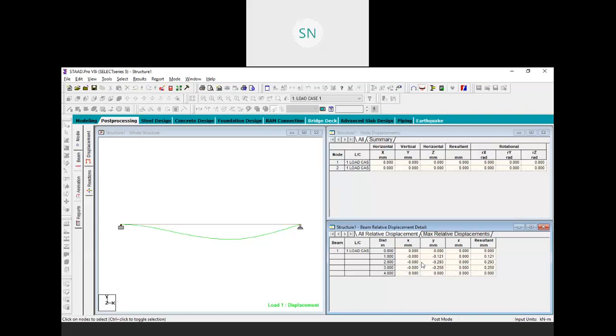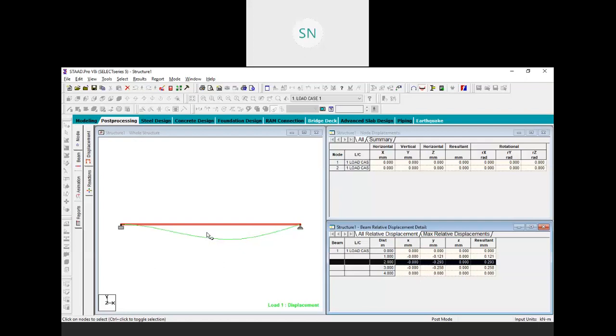In our question it is given to find the maximum displacement. So what is the maximum displacement over here? You cannot take the value 0.293 mm, because this value is no doubt the maximum in this table, but there may be another value between 2 meter and 3 meter, which may have a different value.